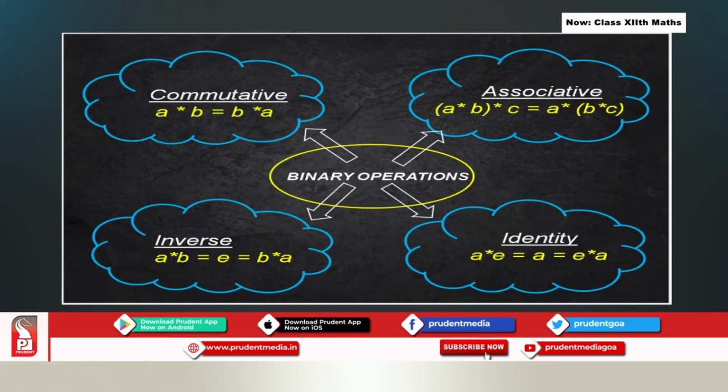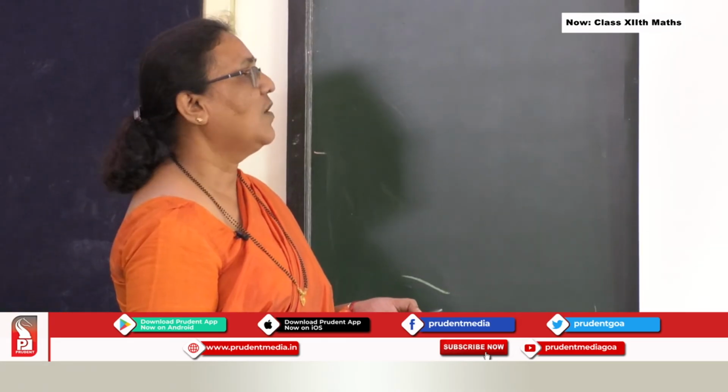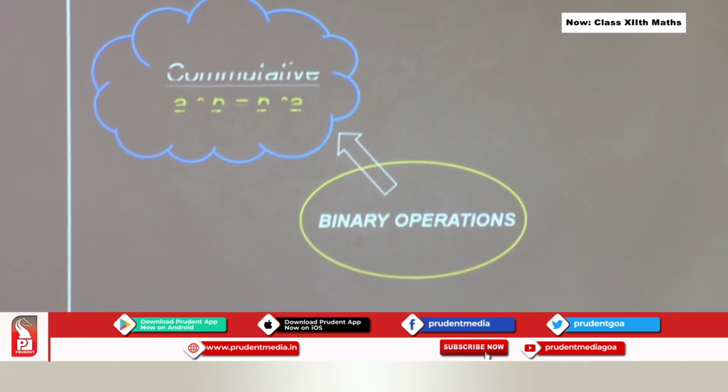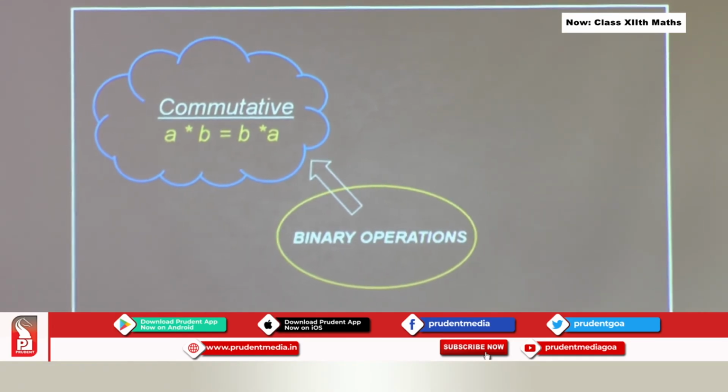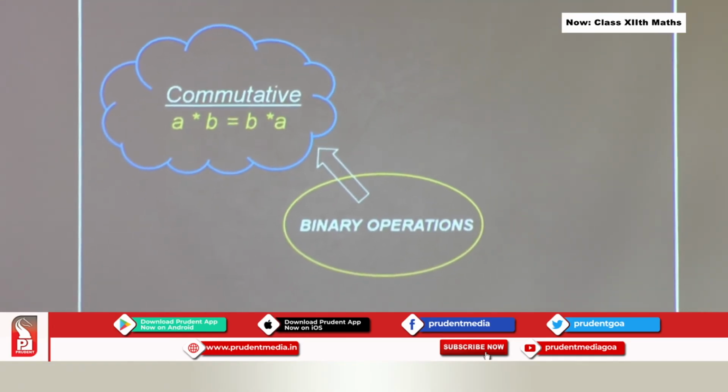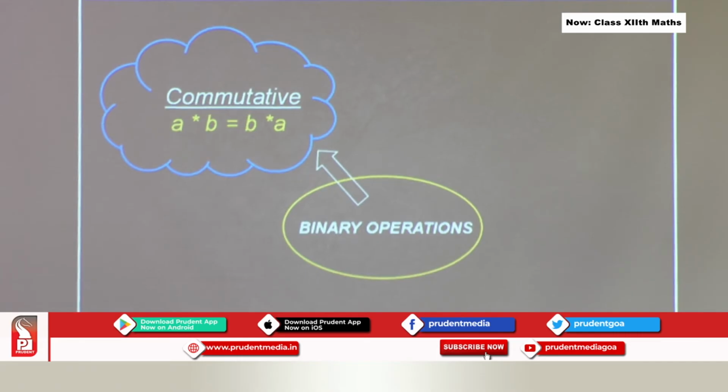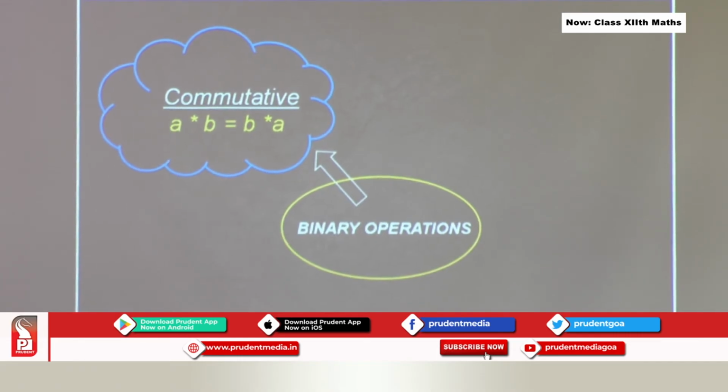Now what have we learned in this lesson? In binary operations, just recall one good example which I had given you all, the Bachchan family. What is that? It is a property of commutative. So you remember that it is commutative. What is commutative? A star B is the same as B star A. A is taller than B, then B is also taller than A. So remember this, the first thing we have learned is commutative.